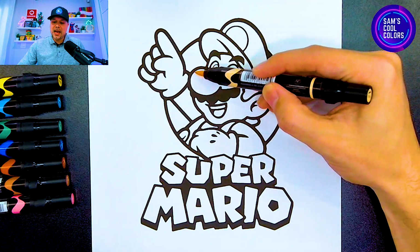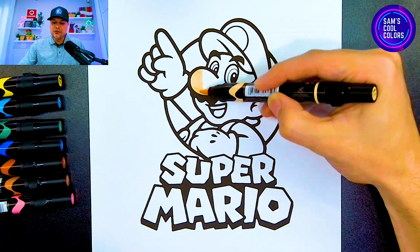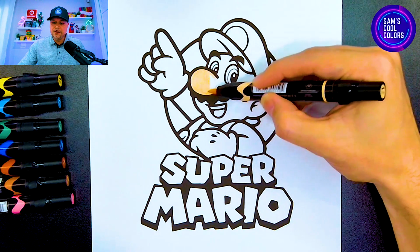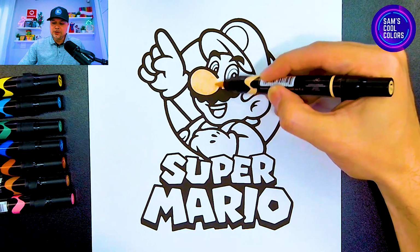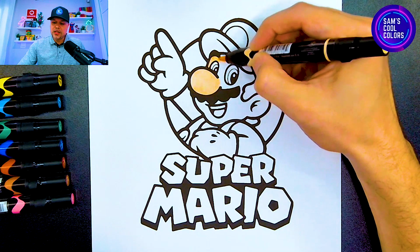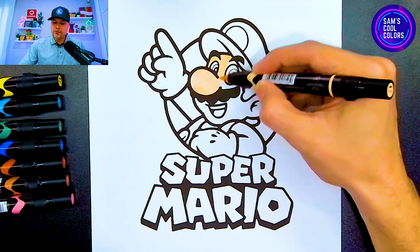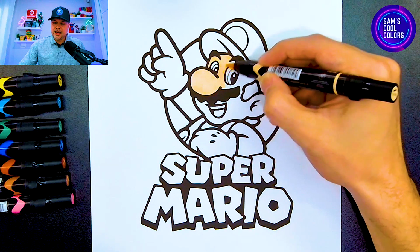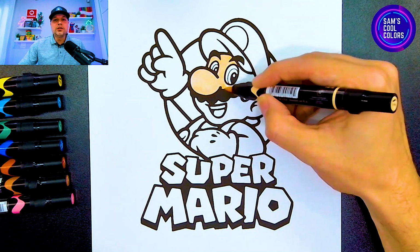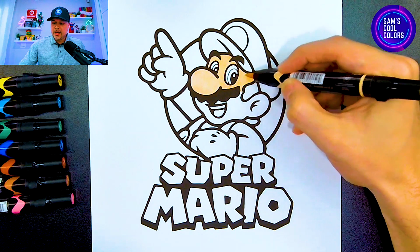So anywhere we have Super Mario's skin is where we want to use our peach. And I'll start out here right at the nose, on Super Mario's round nose, but feel free to start wherever you'd like. And I'm just going to outline it as I go along. Right above Super Mario's eyes, we will color that in with the peach as well. So just continue to follow along those lines and try to outline it if you want to help you stay within those lines, because we're going to come back later and color in the rest of Super Mario's hat and